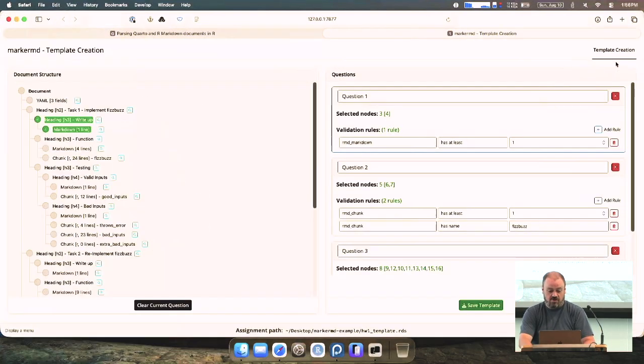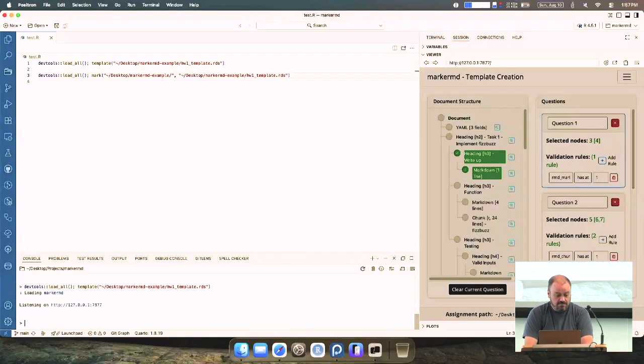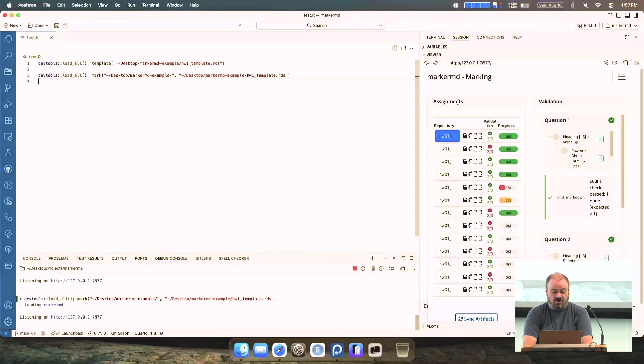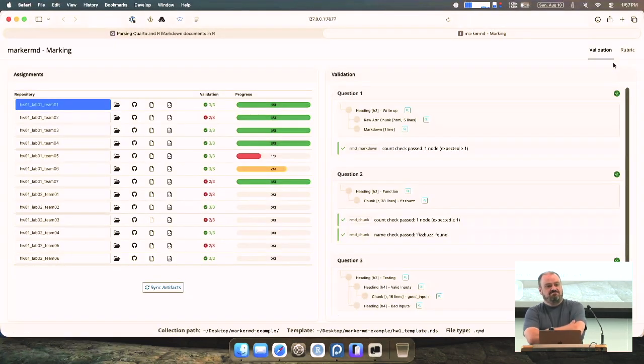Idea being, okay, I have a key. I want to build a template from that saying this is how the document's supposed to be formatted. I can dynamically work through the AST. This is the exact same thing we showed before, but now I can associate those nodes with a particular question. So question 1 is this particular heading. I can also put in validation rules, so logical checks to say that, okay, this heading should have a chunk that's called this, and so forth. So I can build out a template. Once I do that, I can use that template to populate the actual marking interface. So those in this space may recognize it's directly inspired by another software product out there